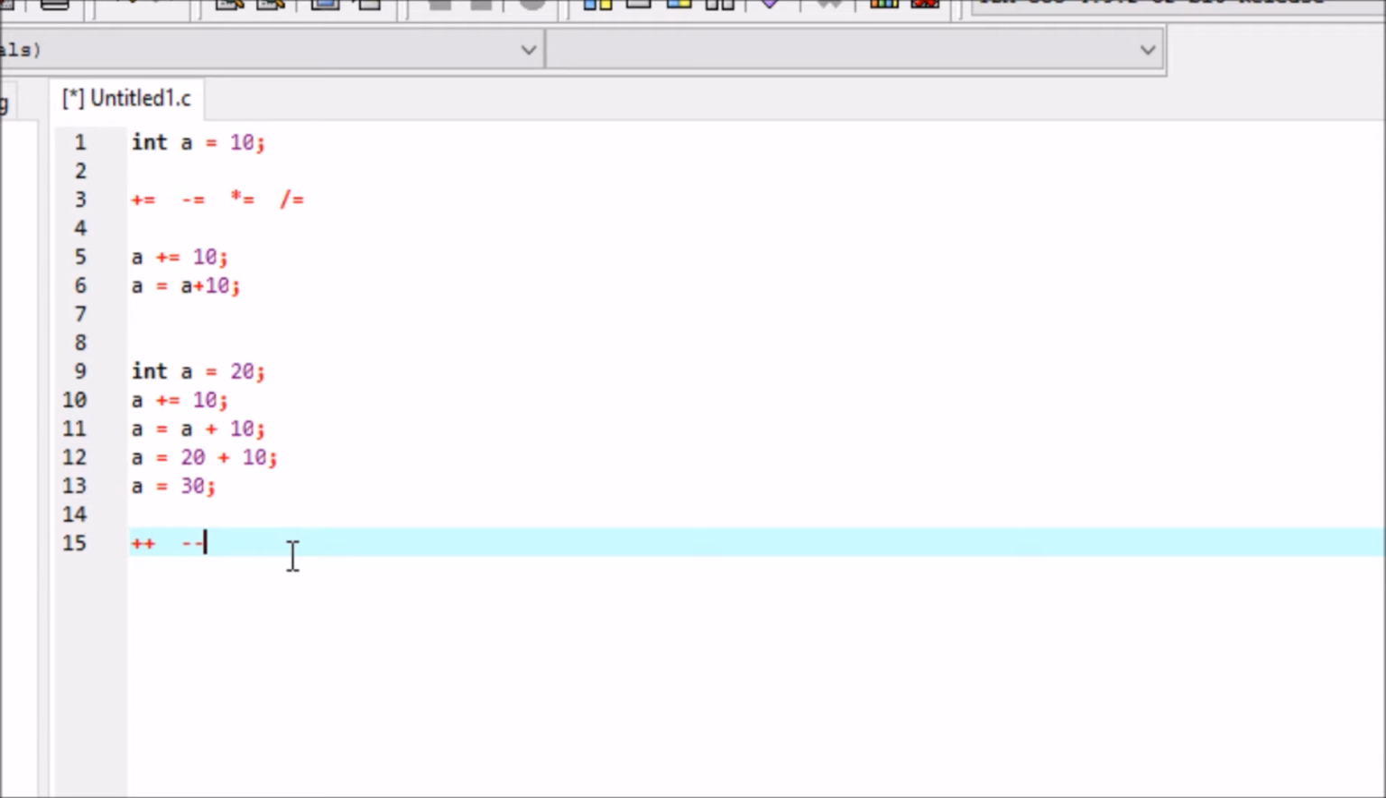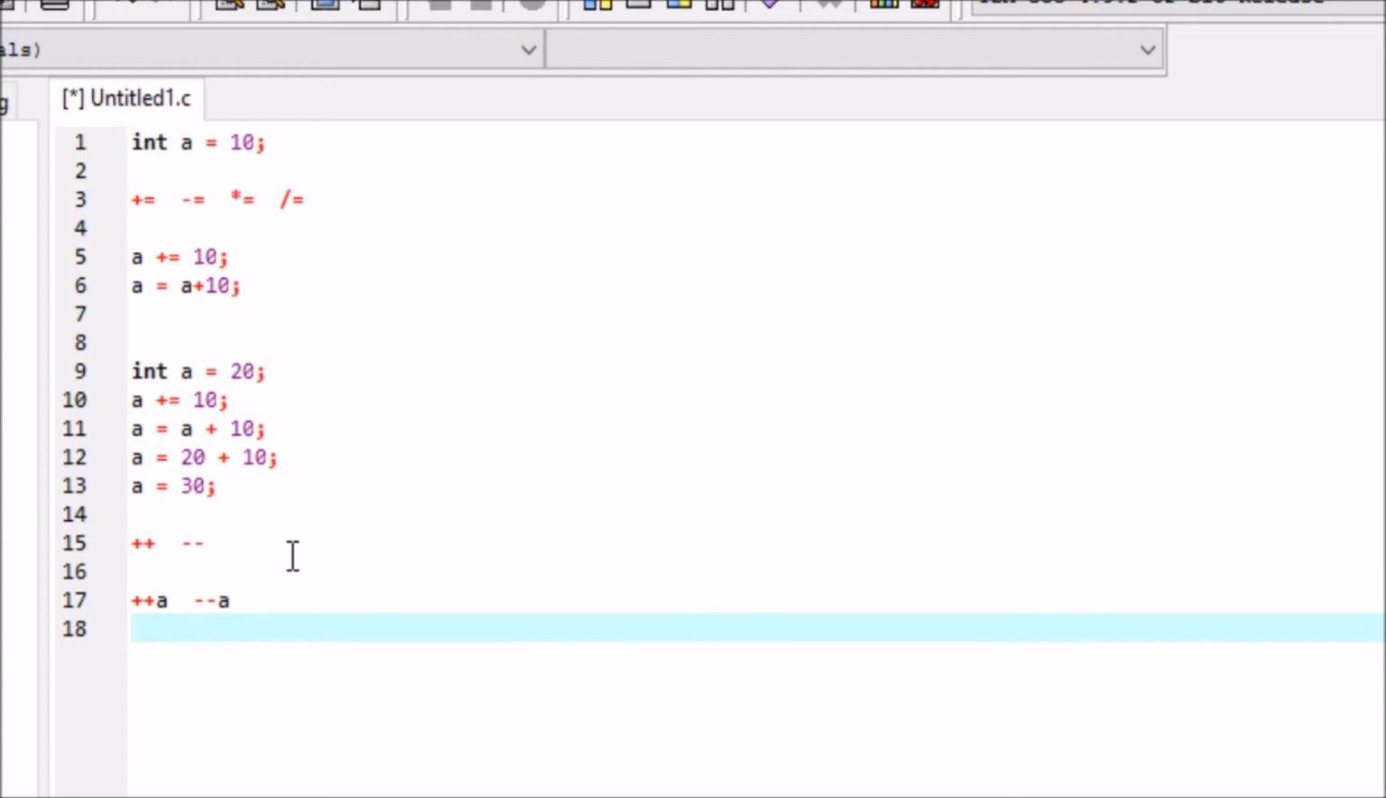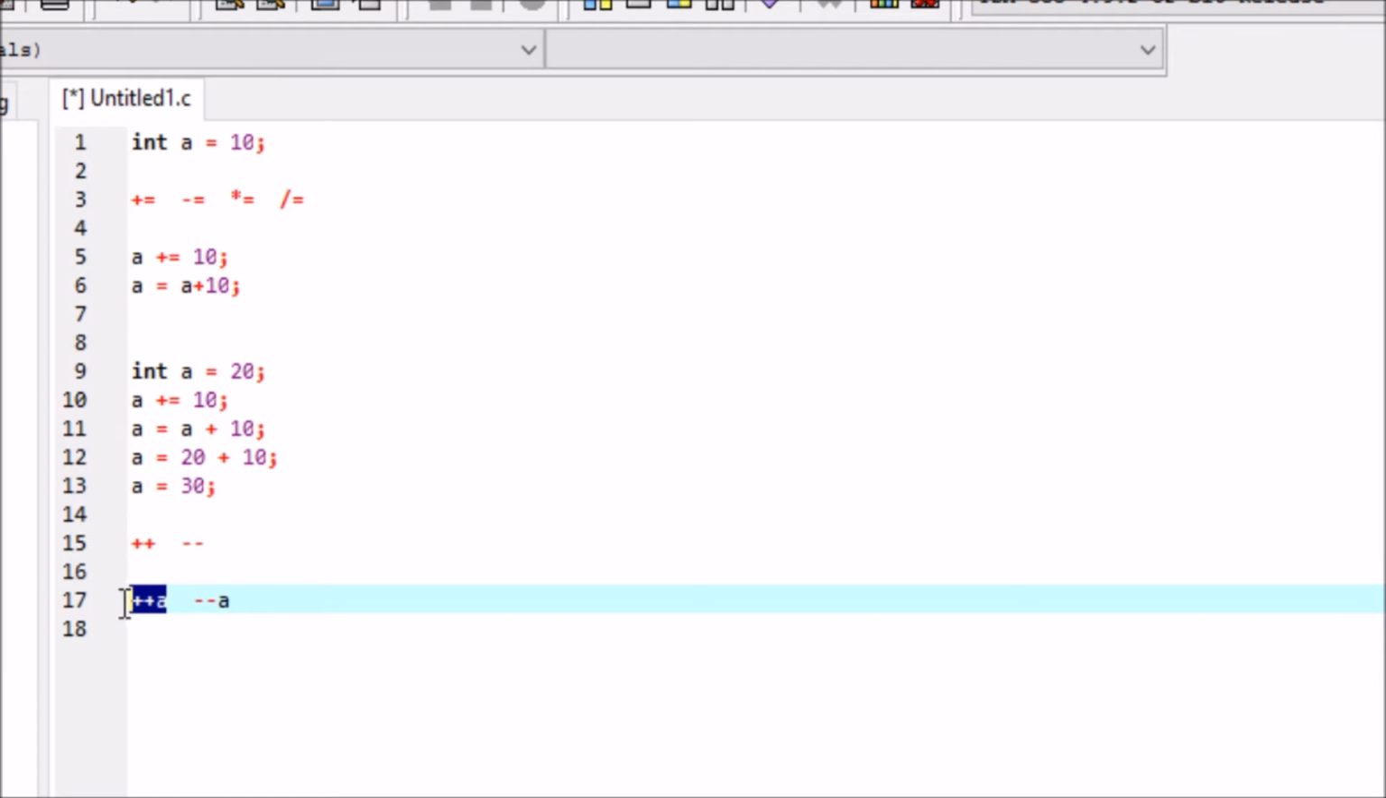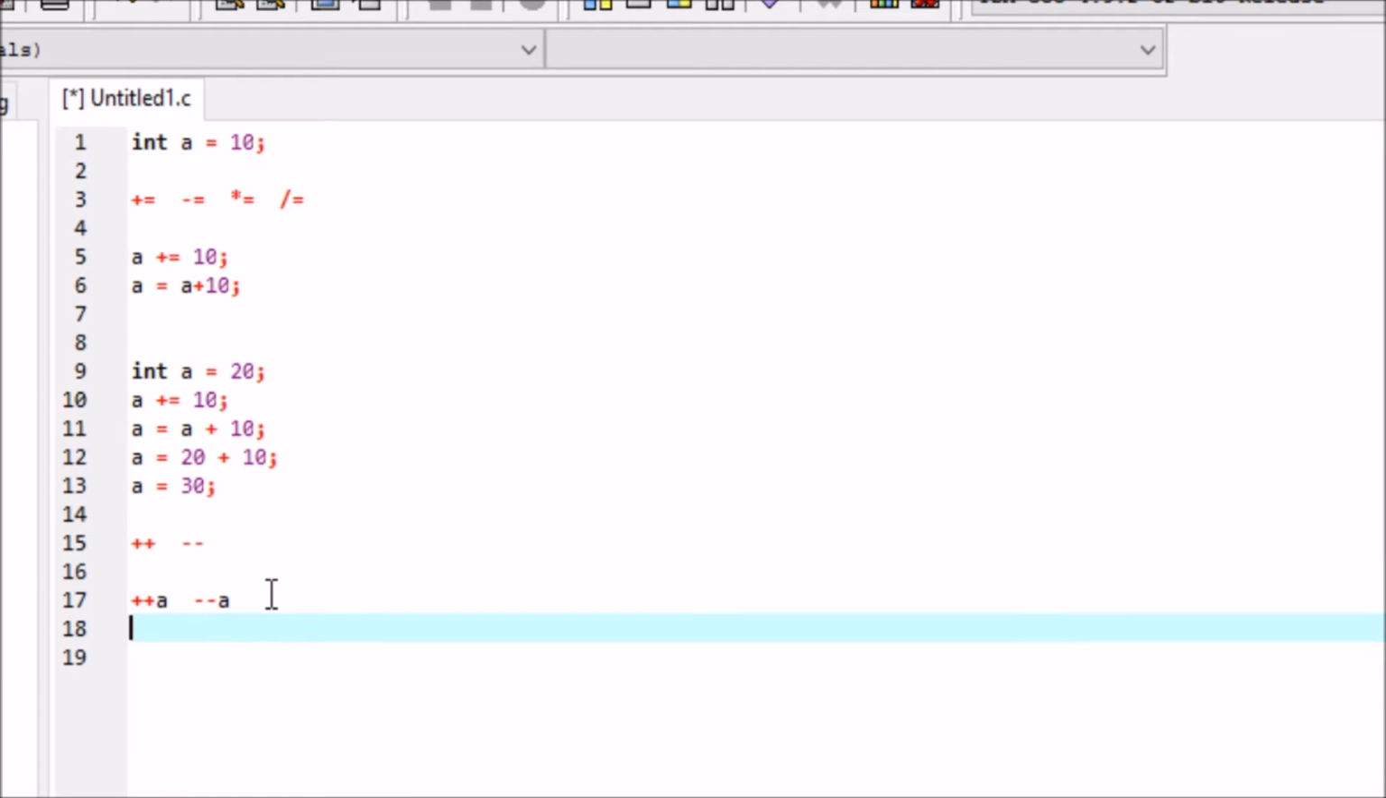That means they are plus plus a and they are minus minus a. So these are the pre-increment, this is the pre-increment and this is the pre-decrement. Then we have a plus plus and a minus minus, which is post increment and post decrement. So they have their own meanings. The process of execution in pre and post are different, but before learning about pre and post, you should know about